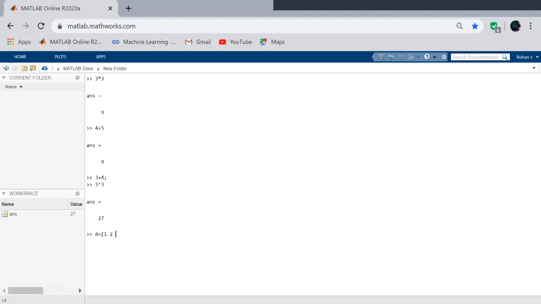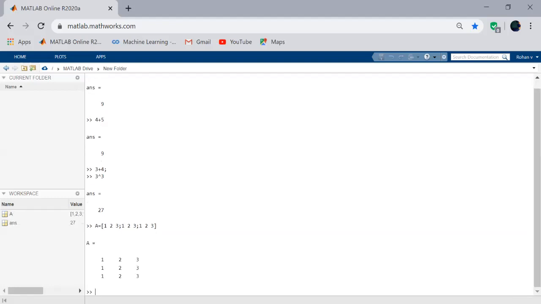Let us create some 3 by 3 matrix, that is 1 2 3. If you want to create a new row, you just add a semicolon and add 3 elements. Then you want to create one more row, random data. Okay, then press enter. Then okay, here you got a 3 by 3 matrix.